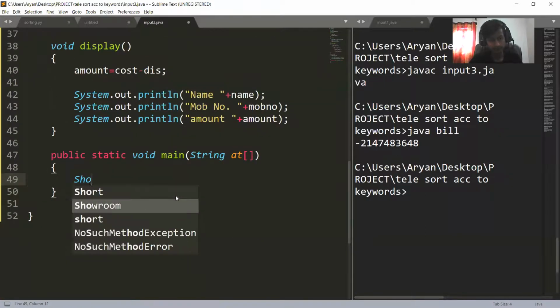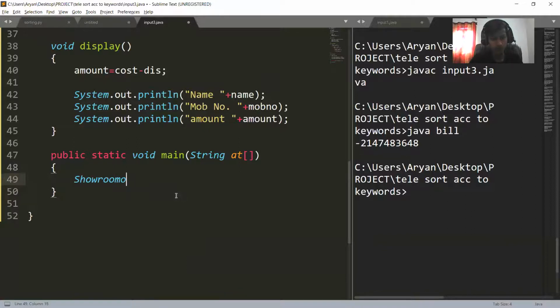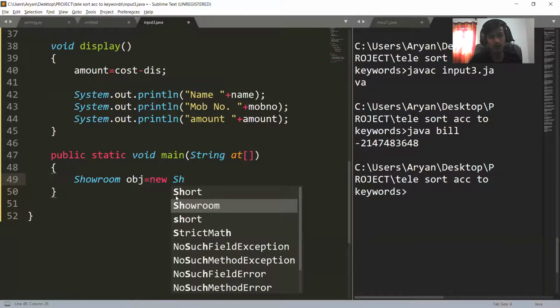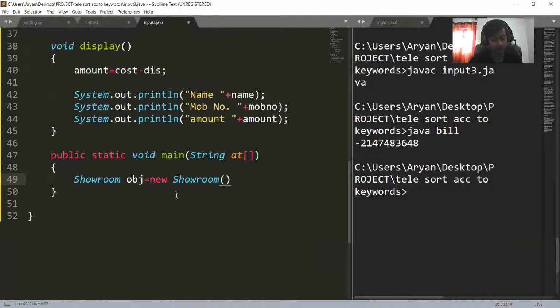Showroom obj. In the yesterday class, I told you the clear link between the object and the normal data type. Here is the call of the constructor. As you all now know that this is actually the call of the constructor. Constructor is the only function that is called automatically whenever an object is created.